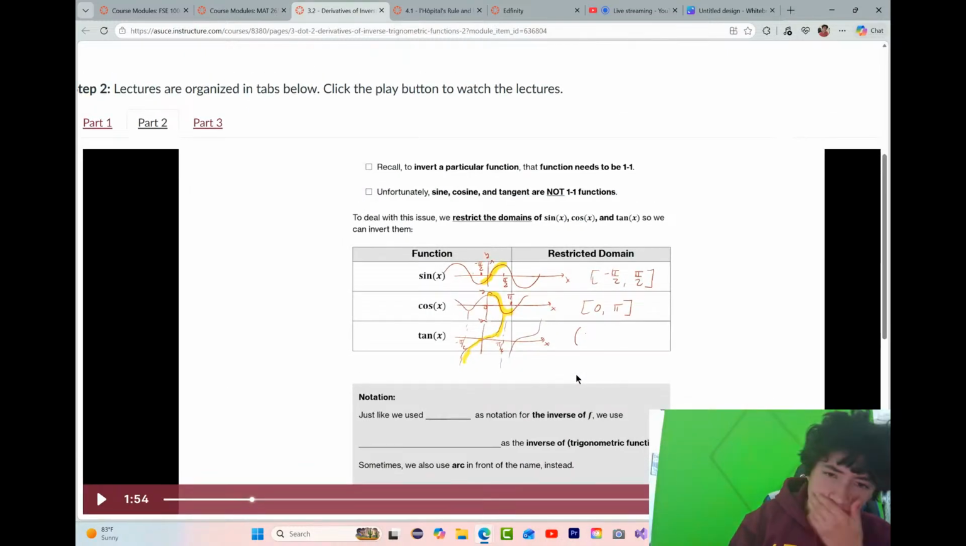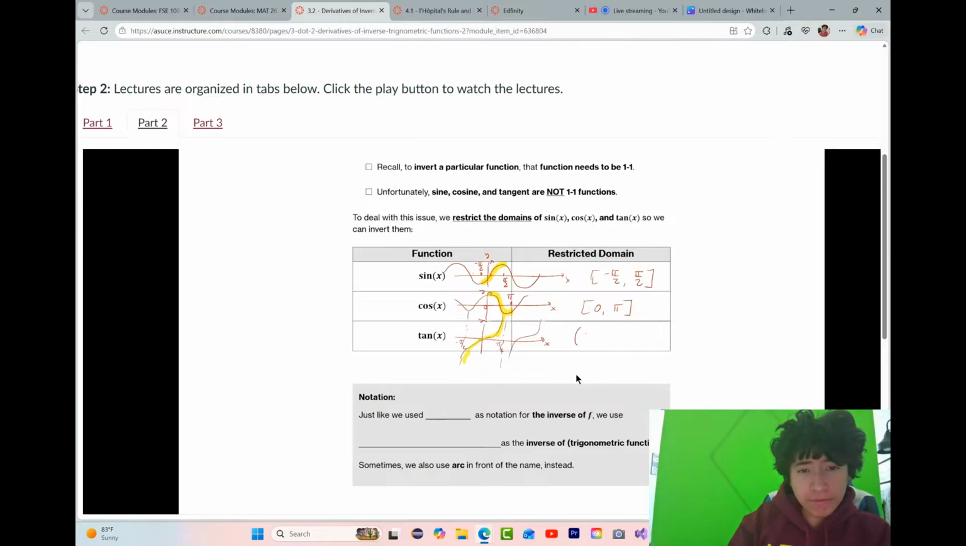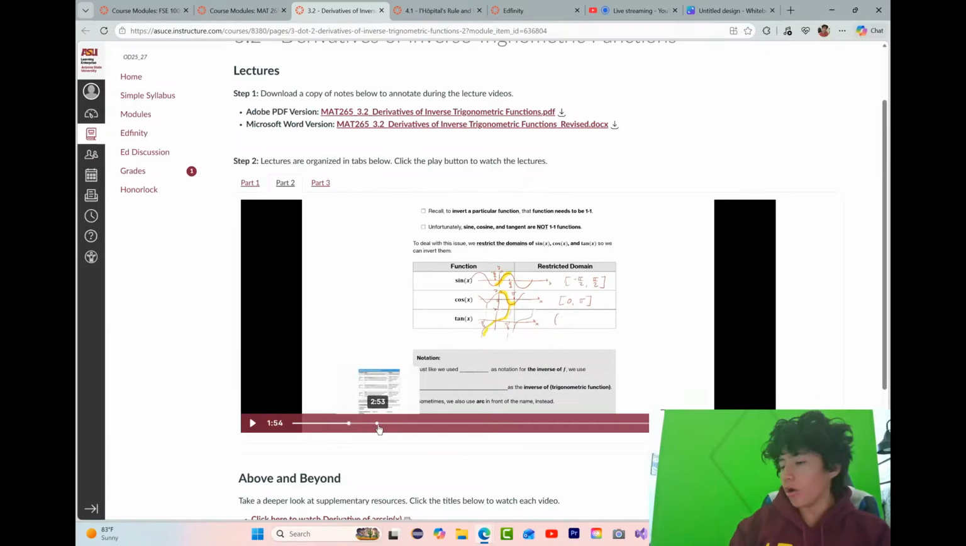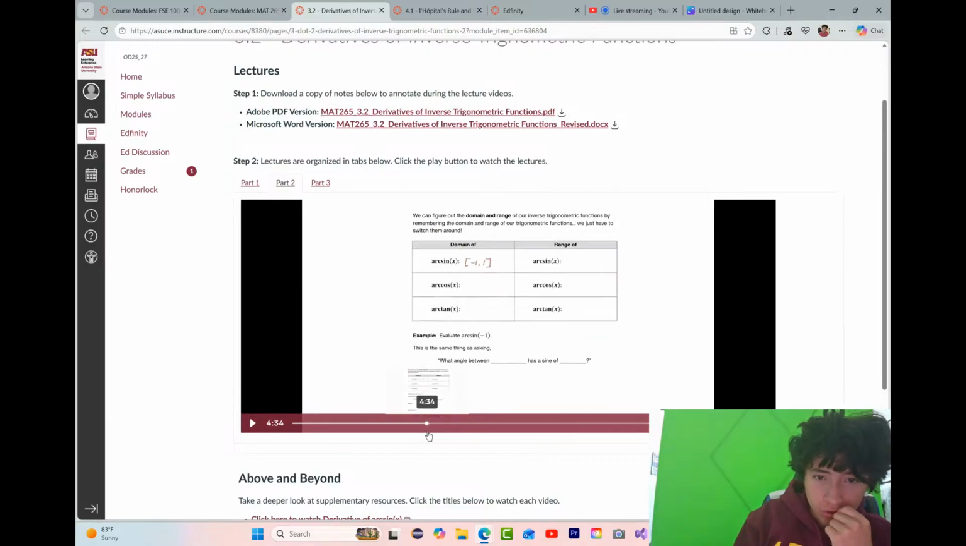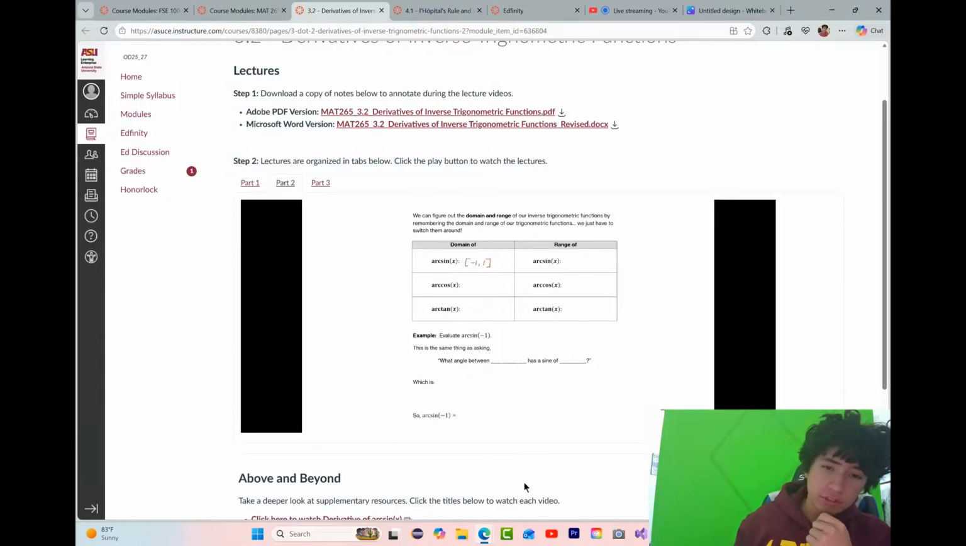Yeah, so here we have our restricted domain. We know that the domain of tangent inverse of x is going to be from negative pi over 2 to pi over 2 exclusive. And then the range of arctangent, well, it's going to be the domain of tangent. And the domain of tangent, I believe it's going to be